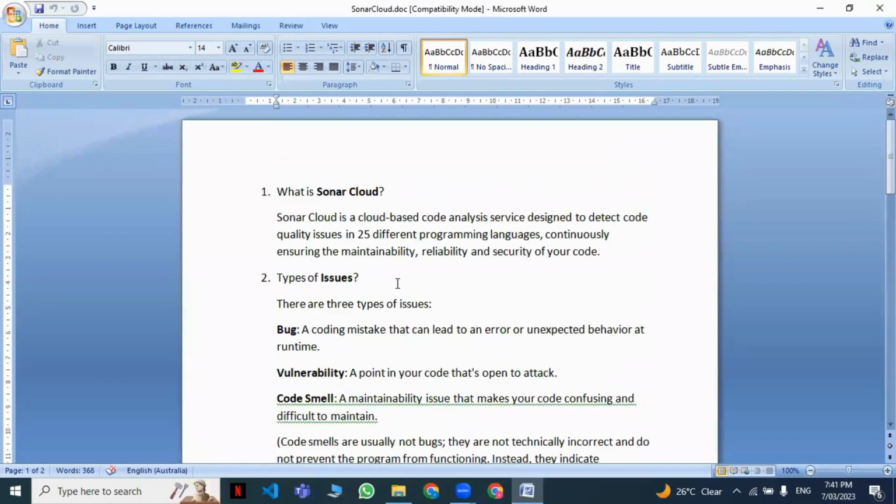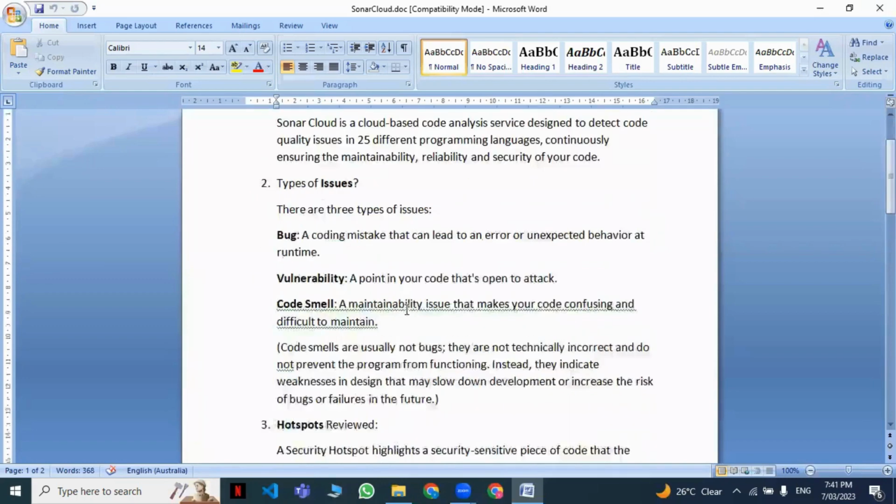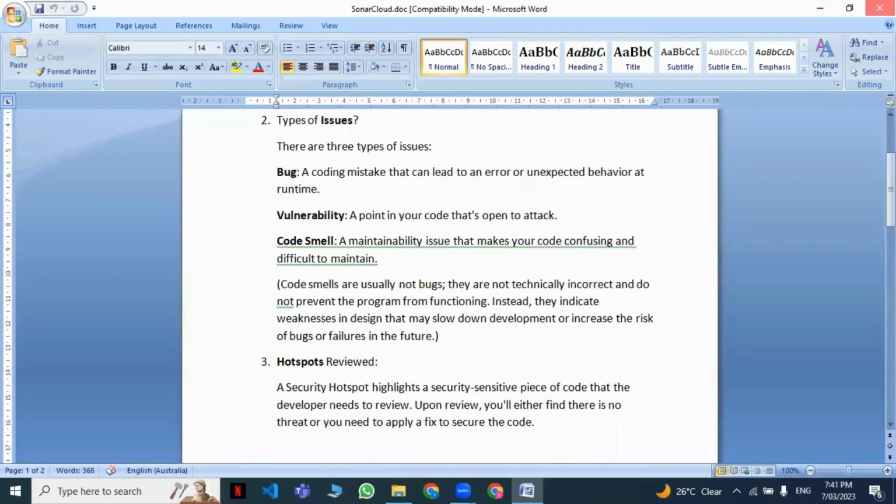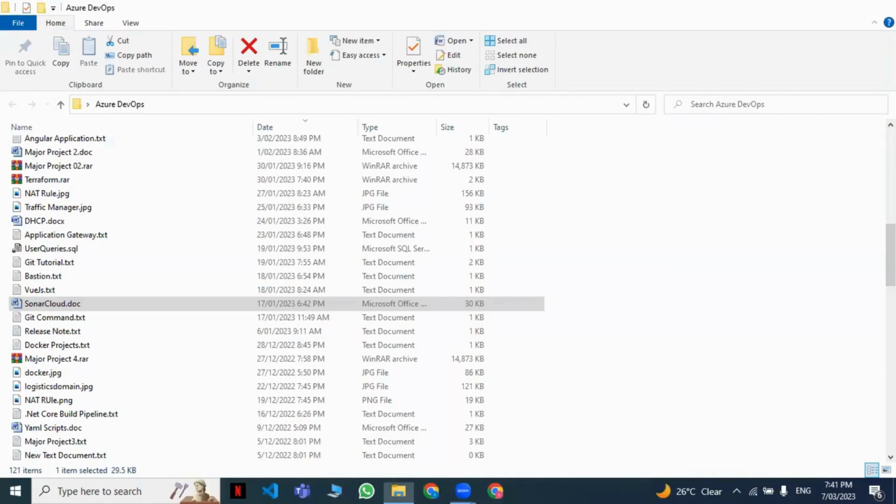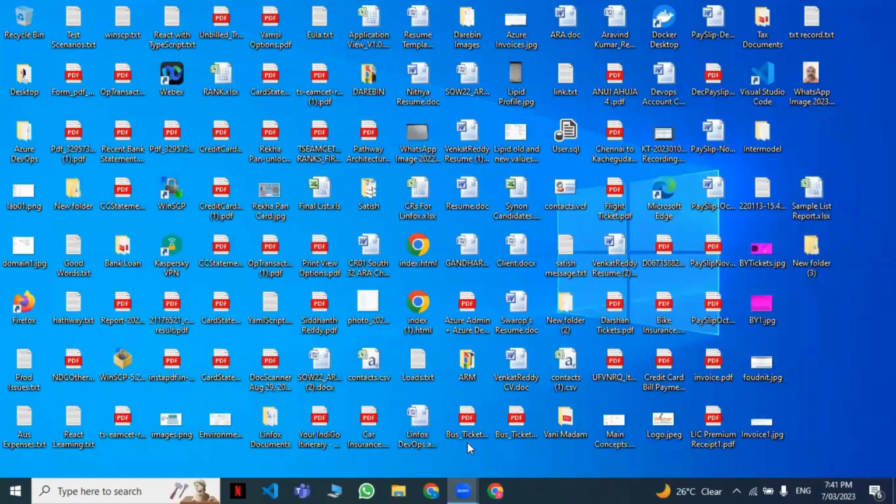So, guys, I think you have understood what Sonar Cloud is and everything till this point. Is it clear, guys, for now, till this point? Yes. Now, let me open